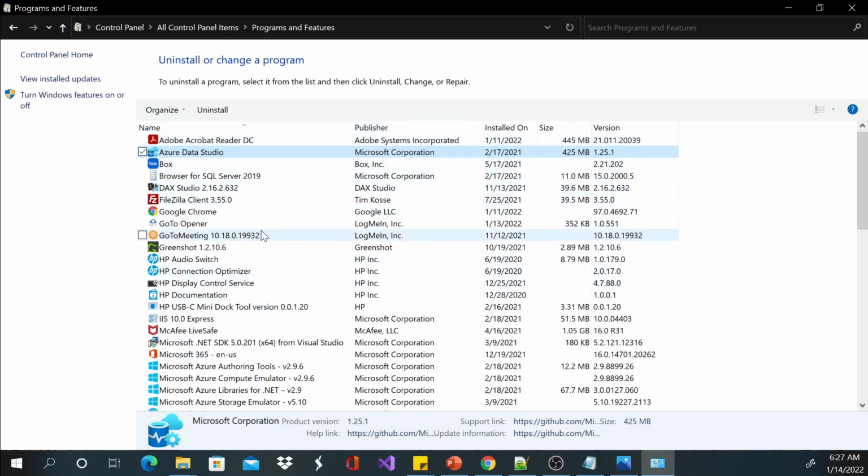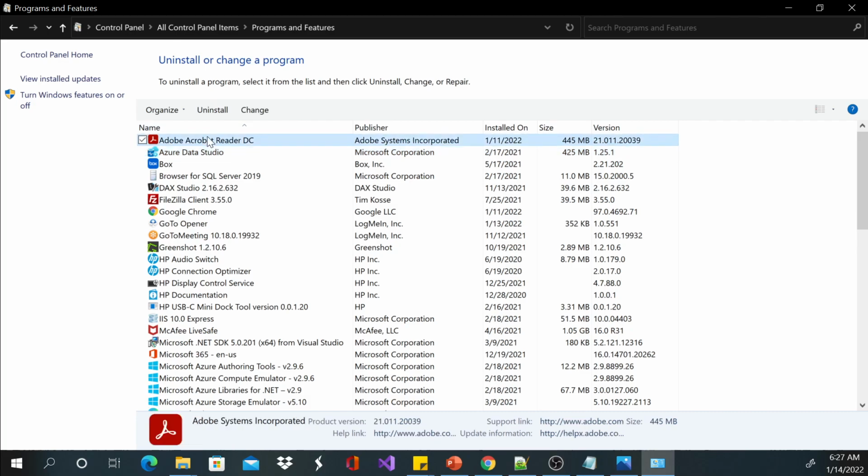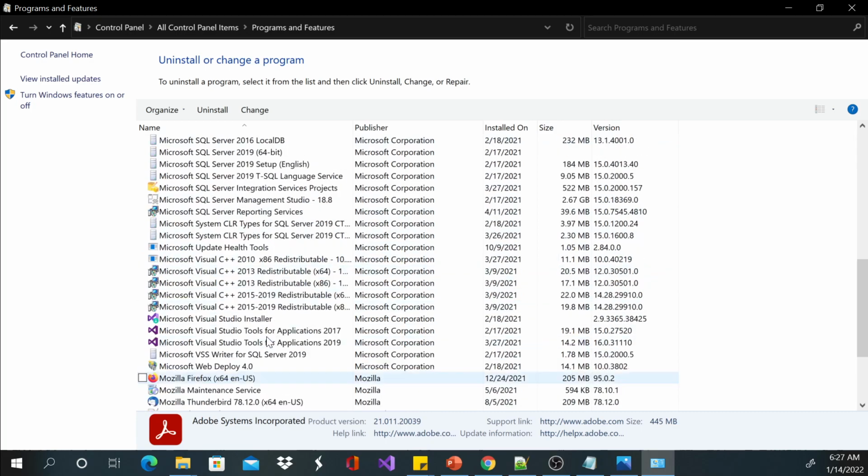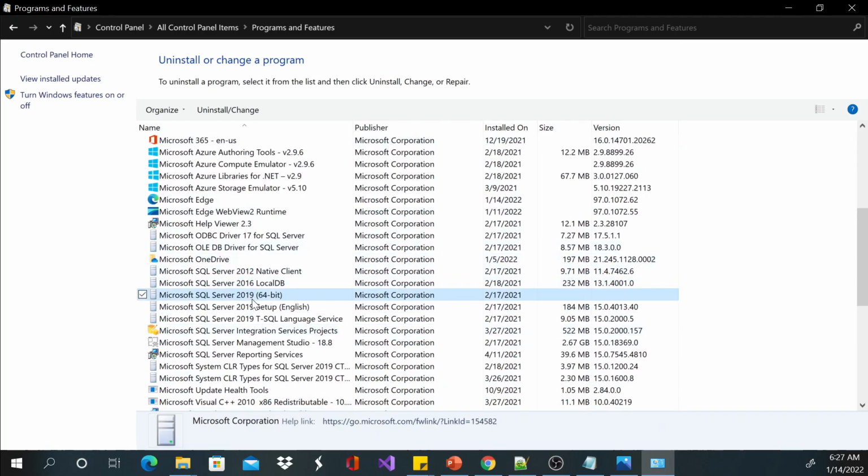So you're going to see all the programs. If you select here, you may choose to uninstall if you don't like the programs. But this is where you're going to look to see if you've installed something or not. So sometimes you install, let's say, SQL Server, and then you install it again. It may fail, it may start getting all random errors. So if you are not sure if you've installed the programs